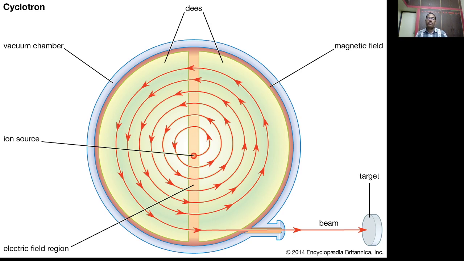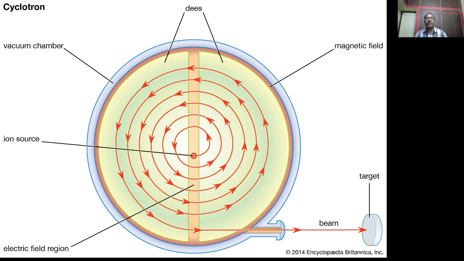Meanwhile, the frequency of the oscillator is adjusted such that when the charged particle comes into the gap between the two Ds, the potential on the two Ds gets altered and D1 becomes negative. So the charged particle enters D1 with an increased orbit radius, and hence continuously